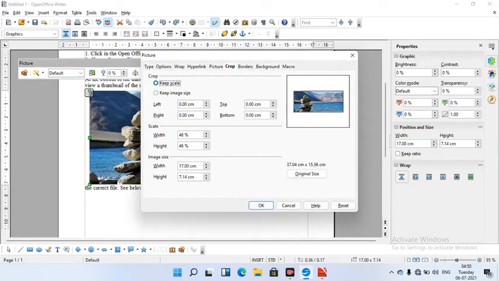And this is keep scale. If I select keep image size, and if I cut 10 centimeters from left, it will cut the 10 centimeters, but the image size remains the same. It will stretch this image to full size. Let's see.